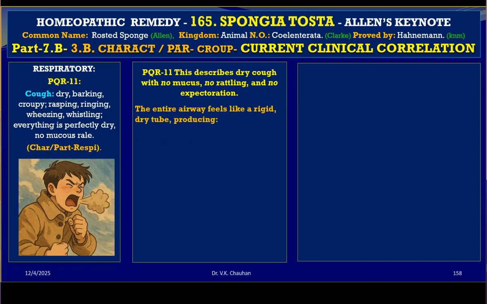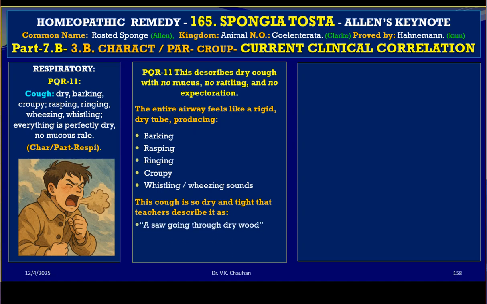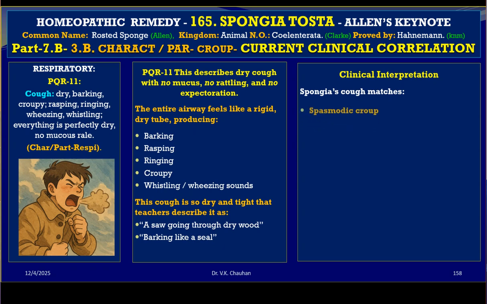So the entire respiratory airway feels like a rigid, dry tube, producing a barking cough, rasping cough, ringing, whooping, whistling, wheezing sound that is generally seen in bronchial asthma. And this cough is so dry and tight that teachers described it as raw, a saw going through, barking like a seal. And clinically, we may find similar symptoms in spasmodic croup, where the cough is dry, hoarse,